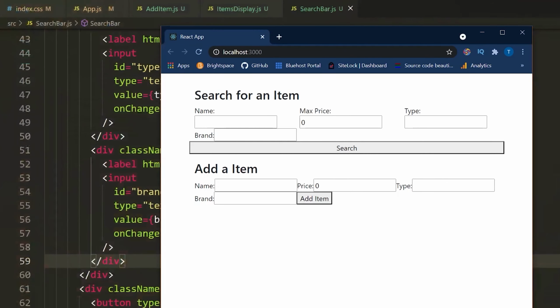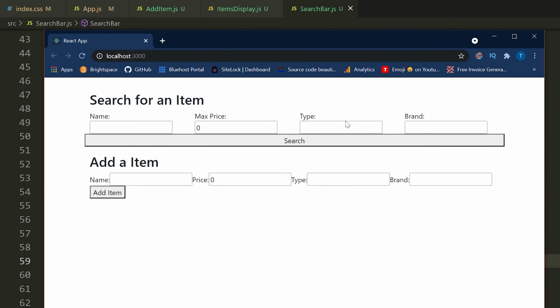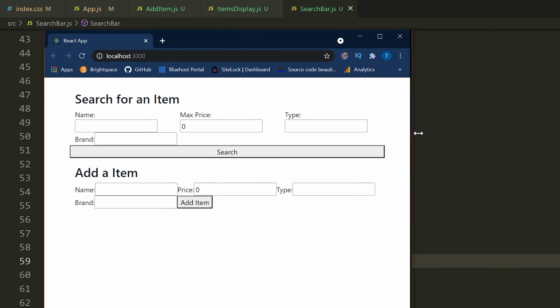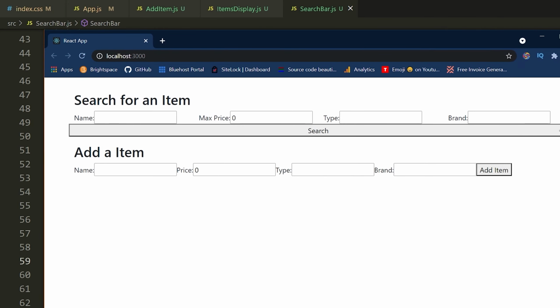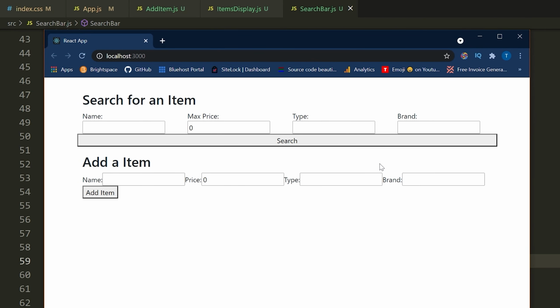So if I go here and look at this and refresh, you can see that if I expand this a bit, all of these items are going to be inside of the same row, right? We can see they're all lining up in the same row. Now, of course, if I make this too small, you can see things kind of get messed up. And the reason they get messed up is because the size of my input fields are not changing. And so they can't actually all fit in the same row.